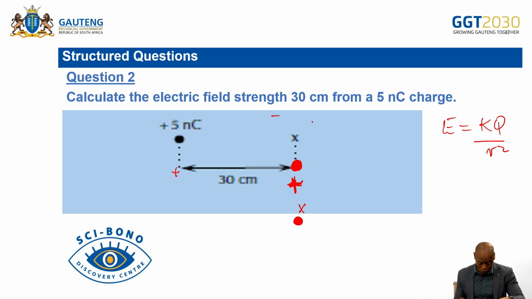Okay? So will this point X move towards or away from this positive 5 nanocoulombs? Obviously, it will move away. Already here, you have the electric field experienced by X due to